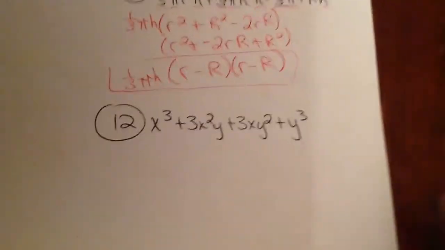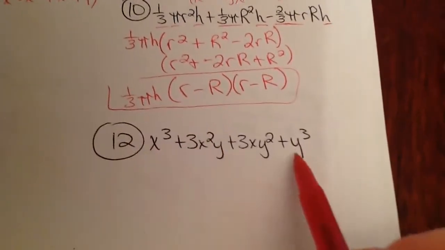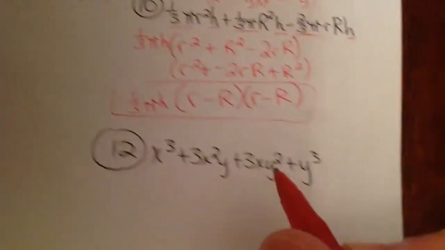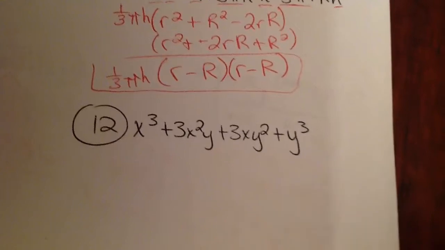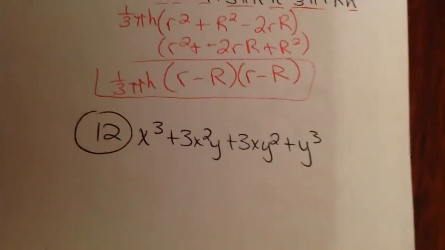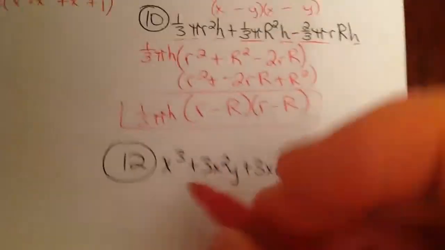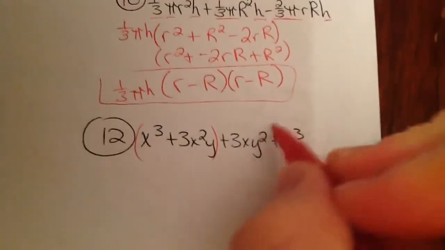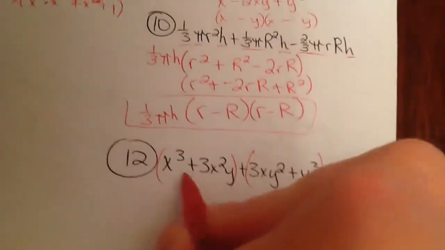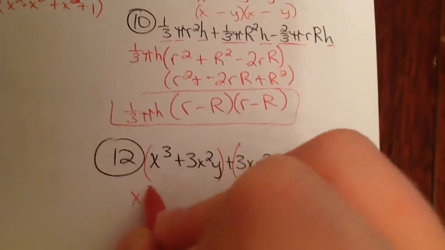Let's see here. It's not GCFable. I think I did this one on the board, but I'll just do it again. No GCF. Did grouping work? I don't remember how we did this one. I'll try grouping. I don't remember what's going to happen. Let's see. This is fun because I have no idea what's going to happen, and it's filming, so I can't take it back. So let's see, x squared